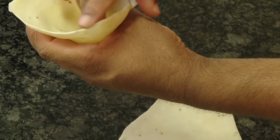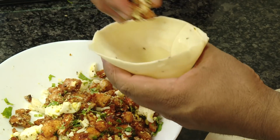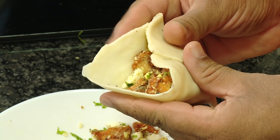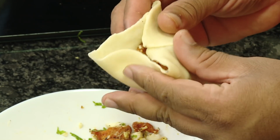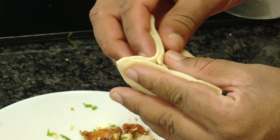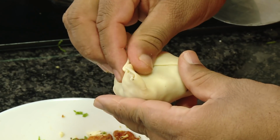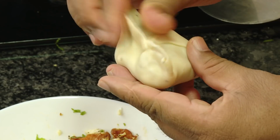Now take these chicken 65 pieces and add to this. Now since you have applied moisture to this end, just press it and press it from this side too. Whatever the other small cone comes, press it backwards and press it. Okay. So